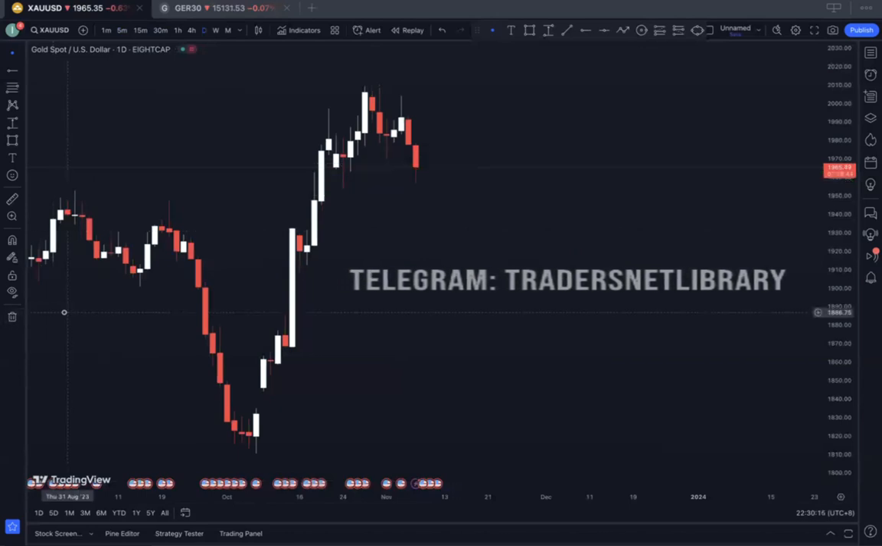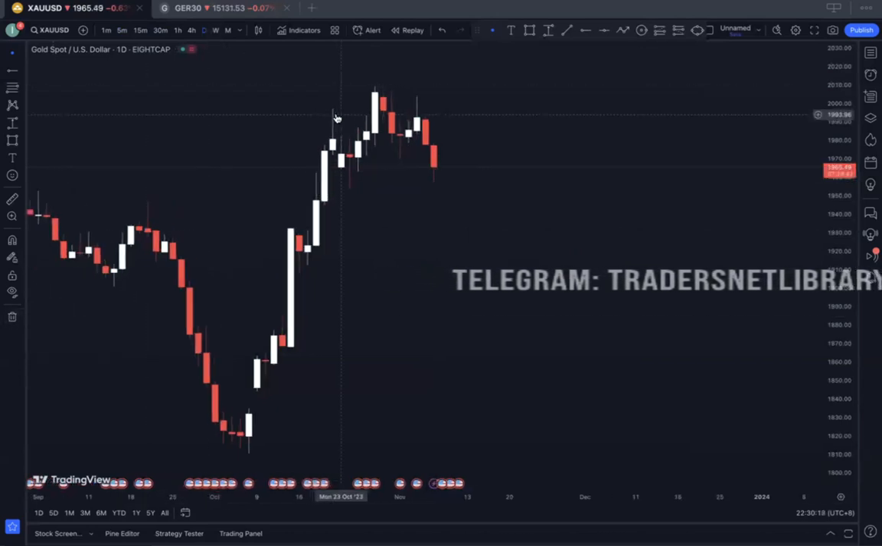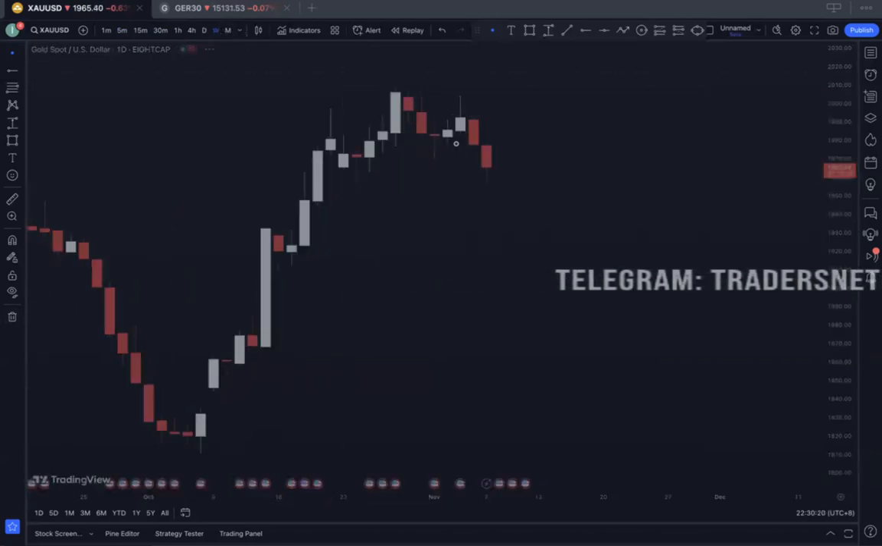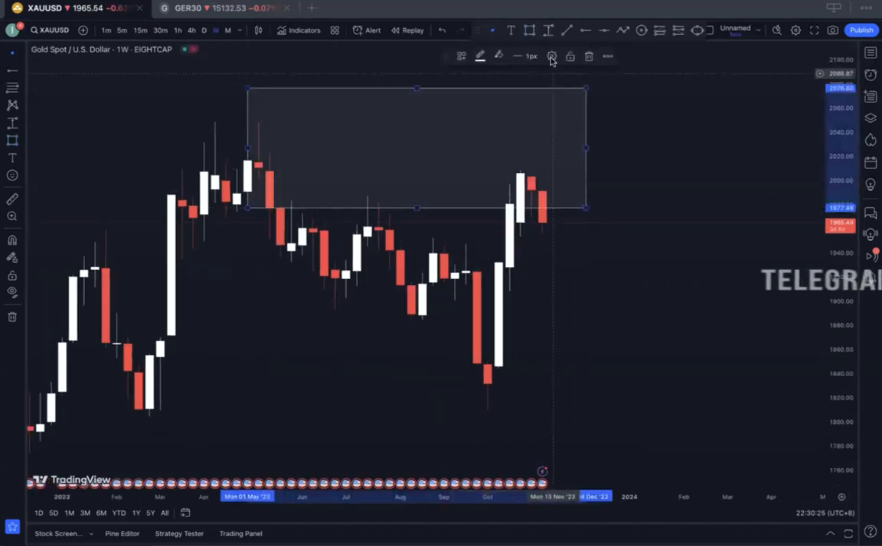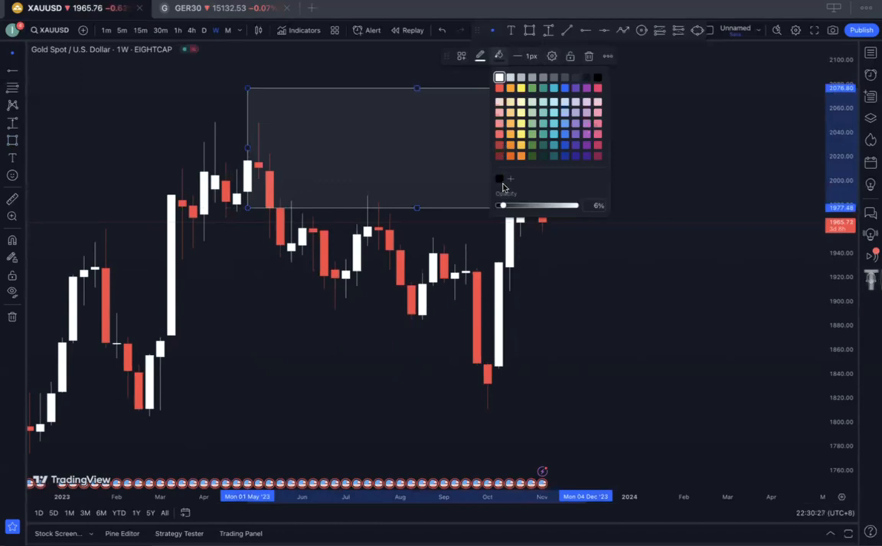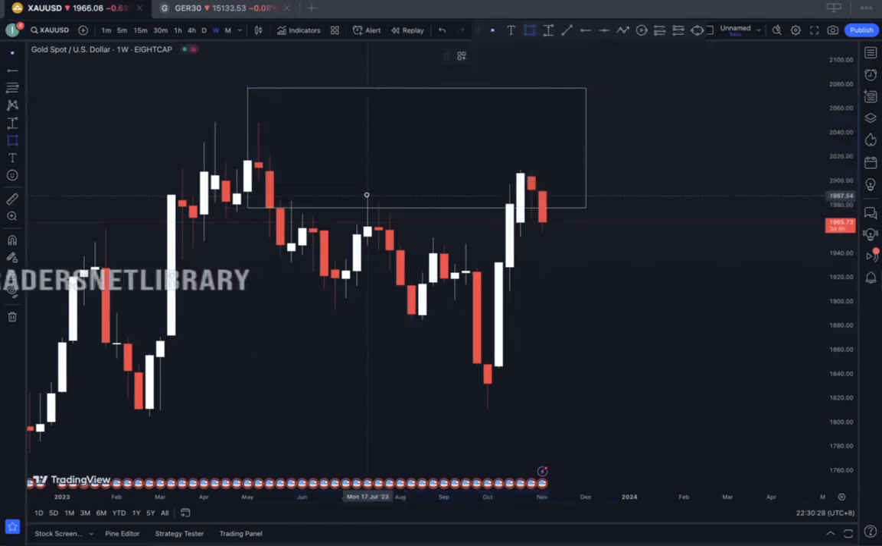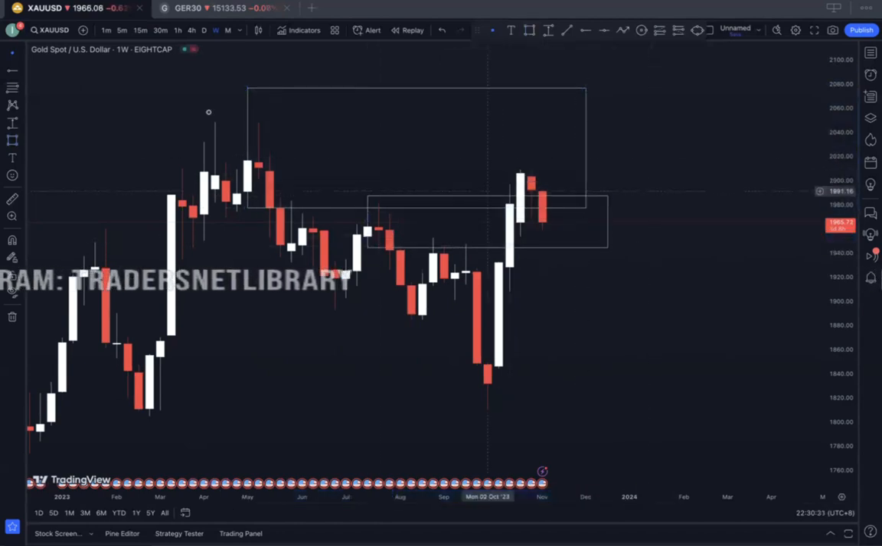If you look at the direction, if you talk about weekly, this is what I meant by we don't have a clear direction yet. We don't have any clear direction yet because if we see on the weekly,